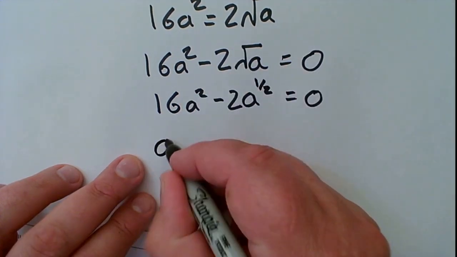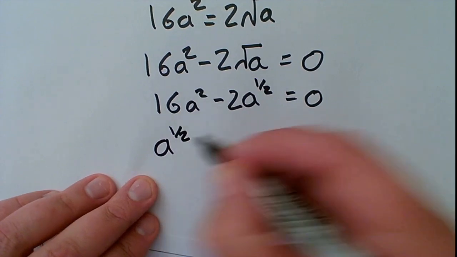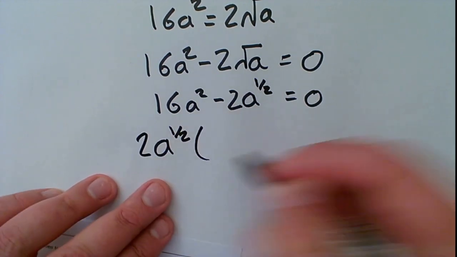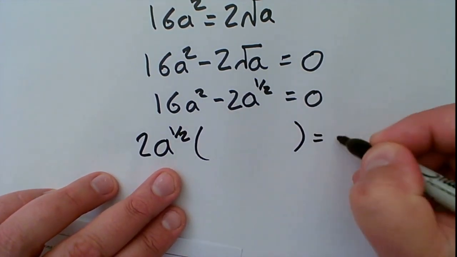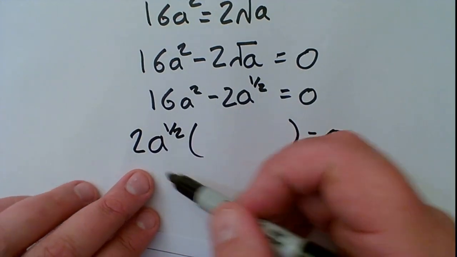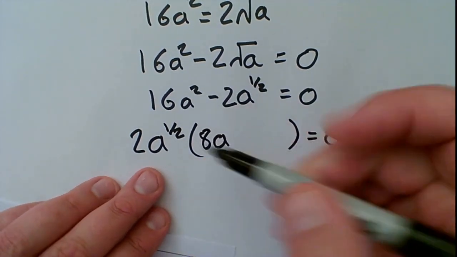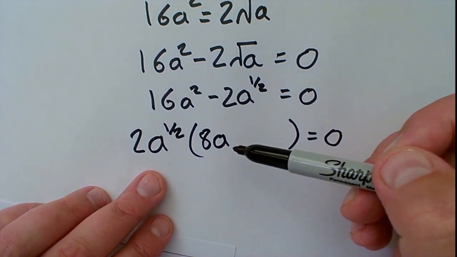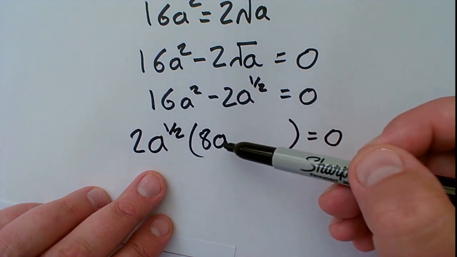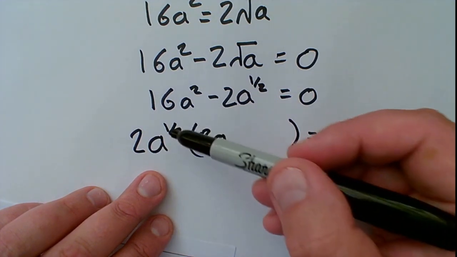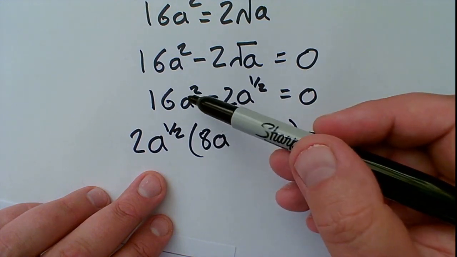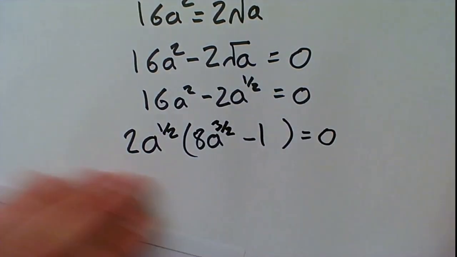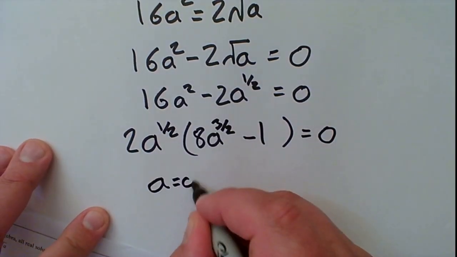Well, you make the same choice as you would do with simpler questions. You look for the least. So which is the least? Half. So you can just say 2a to the half is what you're going to do. And then you've got 2 times what is 16. And then this bit is the nice bit. It's actually very, very simple. So just slow down and make sure you're okay. When you're multiplying, you have to add the indices, and we've got a half plus 2, which is 1.5, and obviously the 1. That's quite nice because you get straight away that a equals 0 is part of the solution, which was missed in some cases,